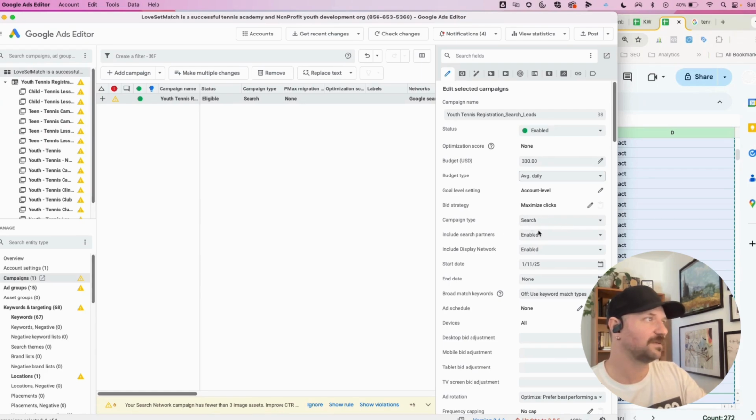Our campaign type is search. Here we can see search partners are enabled. This is outside of the Google homepage and the Google search interface. Other partners that use Google as